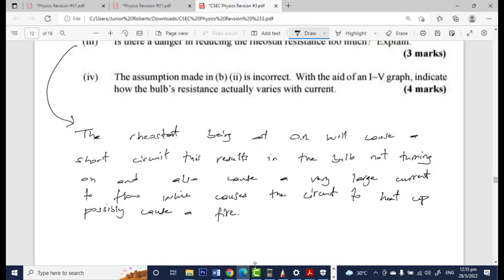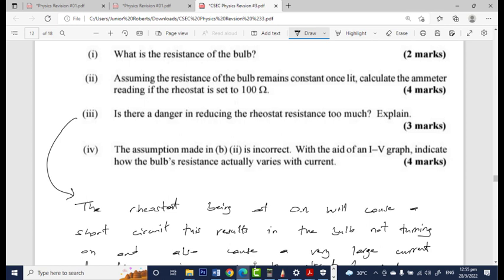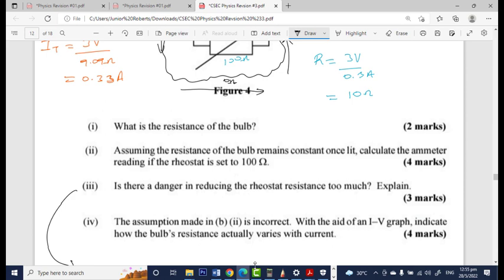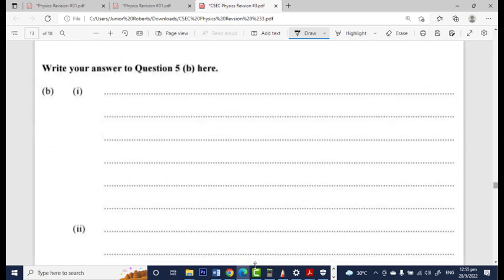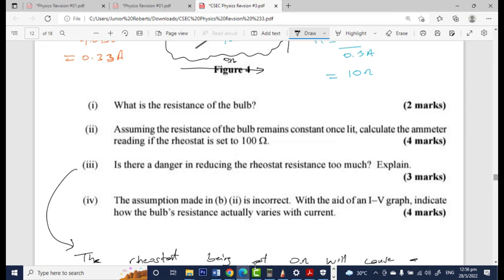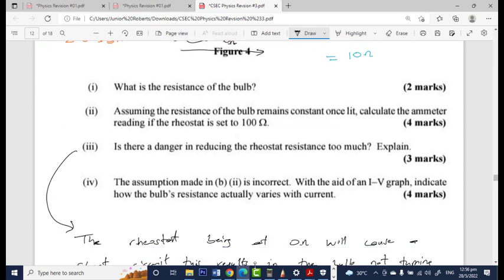Okay. Now, it says that the assumption made in B2 is incorrect. With the aid of an IV graph, indicate how the bulb resistance varies with current. I thought they were talking about our assumption here, because that would be kind of strange. But what they're saying is that the assumption made in B2 is incorrect, which is this assumption right here, that the resistance remains constant. But for a bulb, that does not happen because